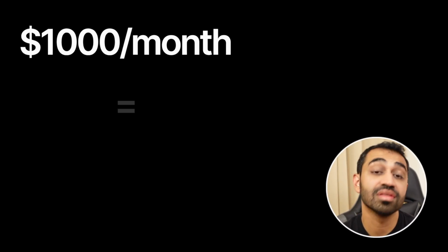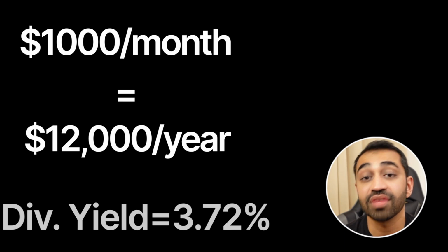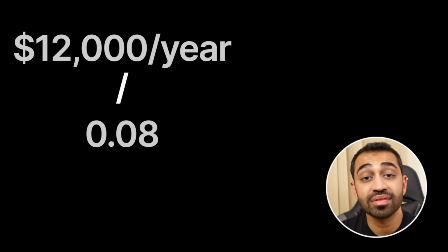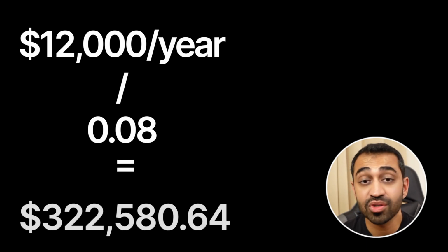It pays quarterly, but the amount it pays out changes. Don't worry, the math can still be worked out to give us an estimate on how much we would need to make $1,000 every month. $1,000 a month is the same thing as saying $12,000 a year, and SCHD has a current dividend yield of 3.72%. And those two numbers are actually all we need. $12,000 in dividends per year divided by 8%, expressed as a number, which is 0.08, gives us